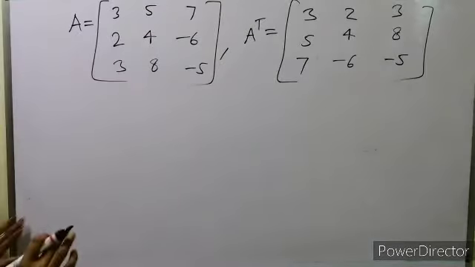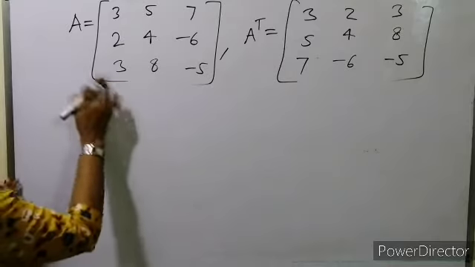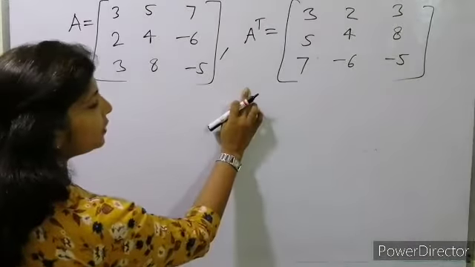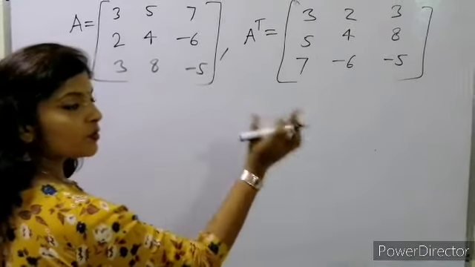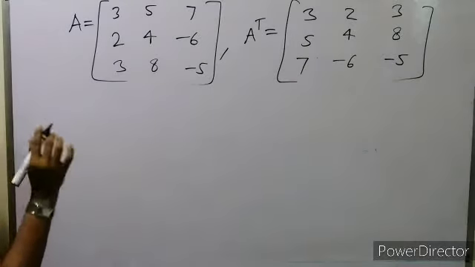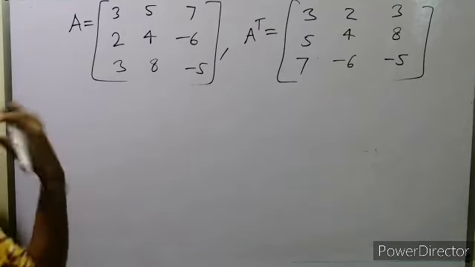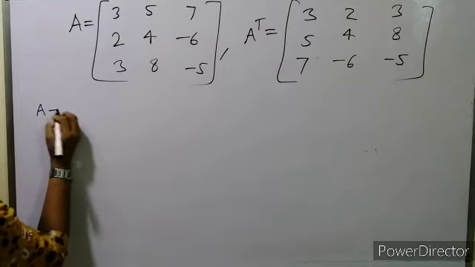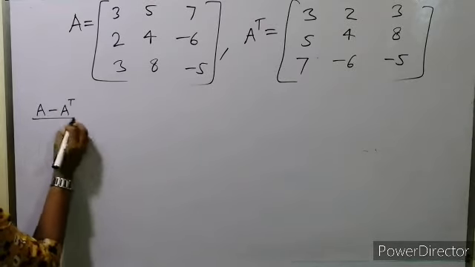So we'll check for the skew symmetric matrix. We'll take the same example. A is the matrix given. We had just found the transpose of A, the transpose of the given matrix, so ये result मिला. Now we have to find the skew symmetric matrix. इसको convert करना है. तो क्या होगा? A minus A transpose divided by 2.